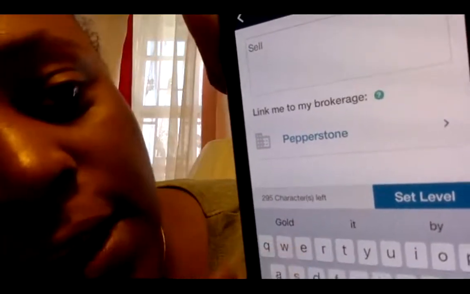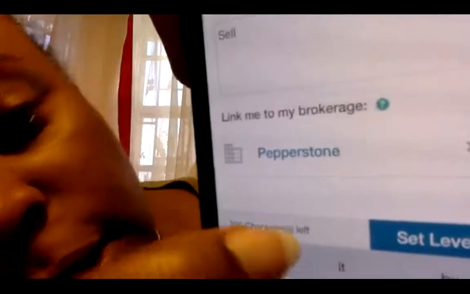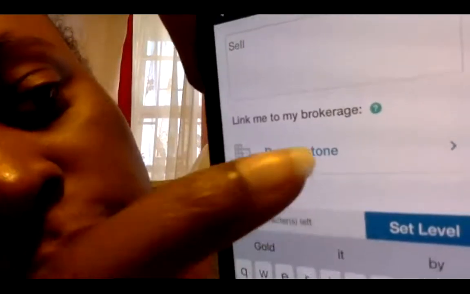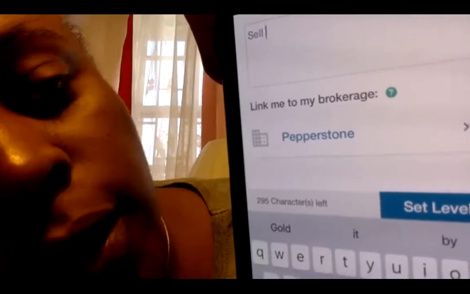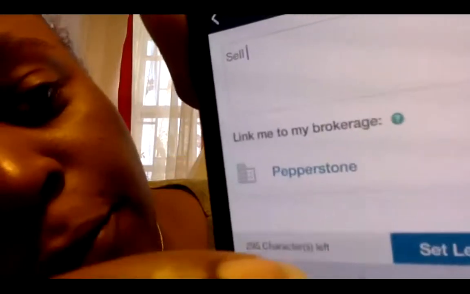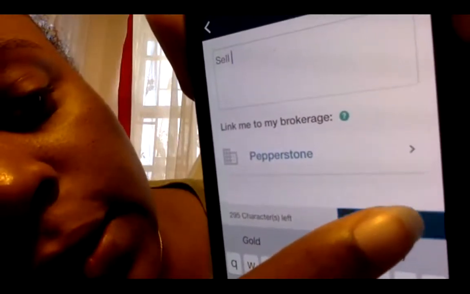And you can add anything else you want to put on that note. And right under, you can see your broker. You can click on that and run through your list for your broker, right? So I have my broker there, which is Pepperstone. And all you need to do now is click set level, right? And the level is set,